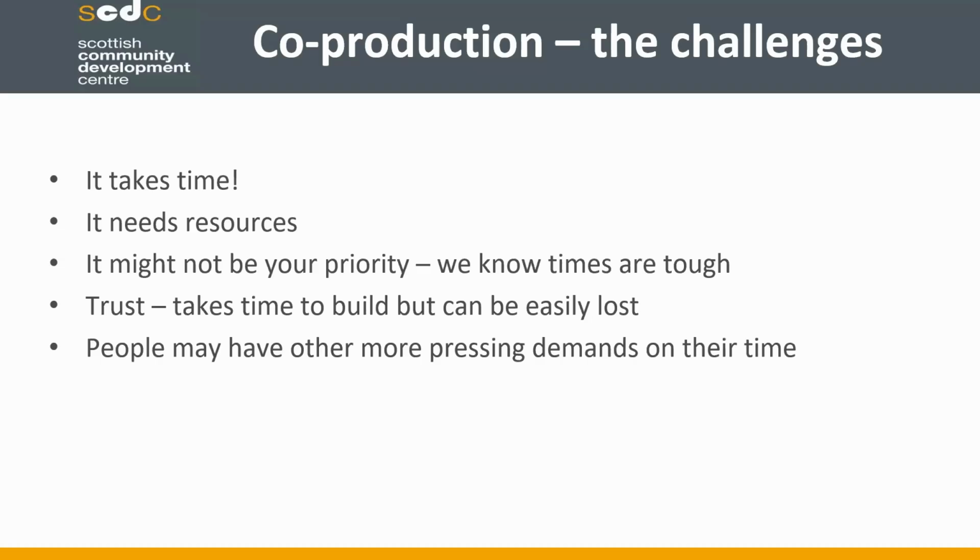That trust that takes so much time to build up can really easily be lost. So for me, there's things in co-production about those big grown-up conversations where we go, this isn't possible and this is why it isn't possible. It's those tough conversations, but also about going back to people and saying, you remember that conversation we had, that process? This is what's changing because of it, and keeping people really up to date with good feedback loops. And also being really respectful of people's time.